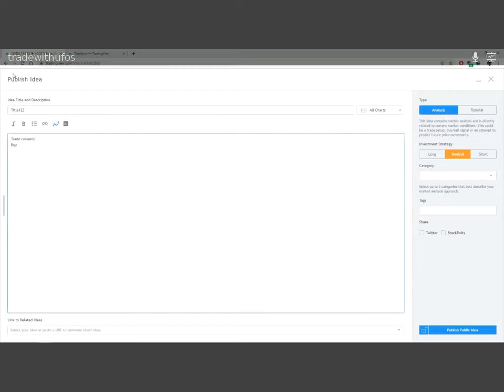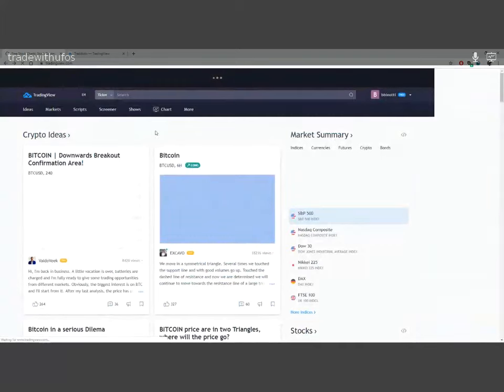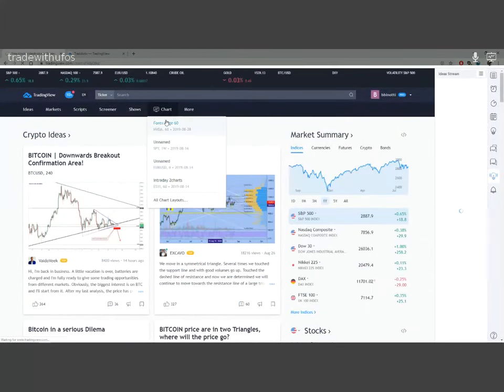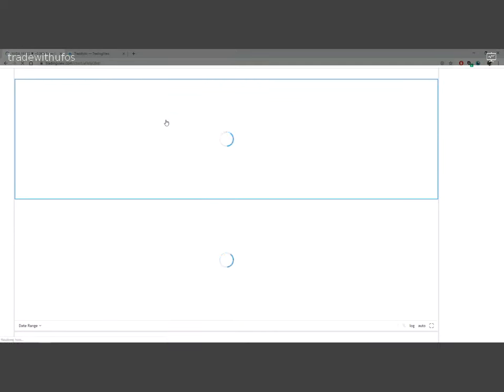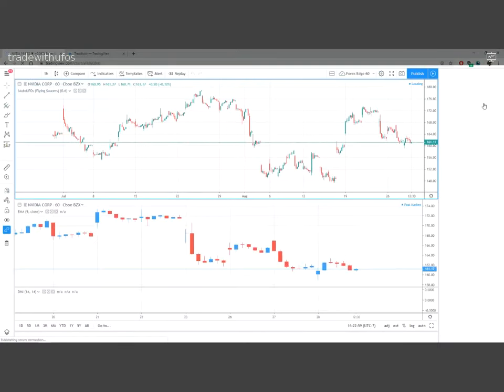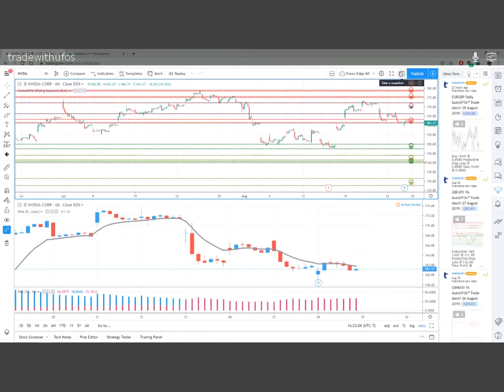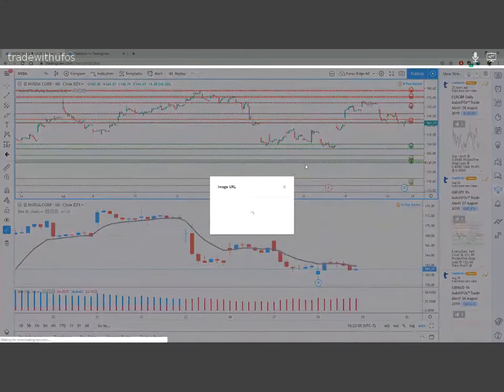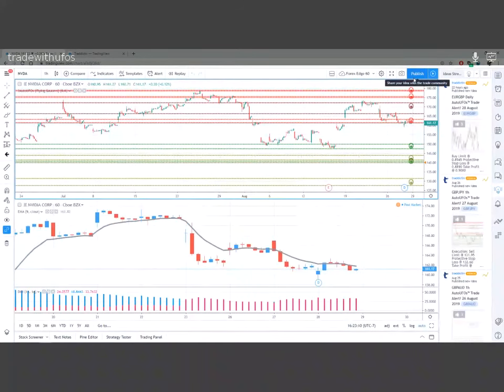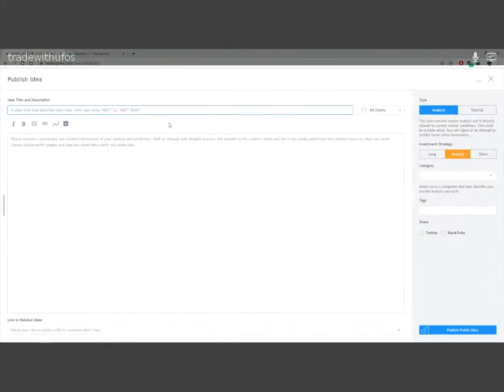So let's say you fill that out. You can go back into your chart and take a snapshot. Oop, I went back too much. Sorry. Let me go back into chart. Here we go. Right next to publish, there's a little camera here. So you can take a snapshot and it'll give you the URL and you can copy. There we go. So before you go into publish, make sure you do that. So you go into publish,